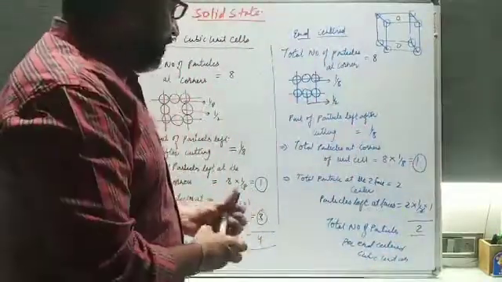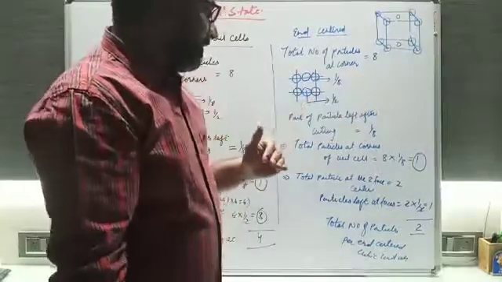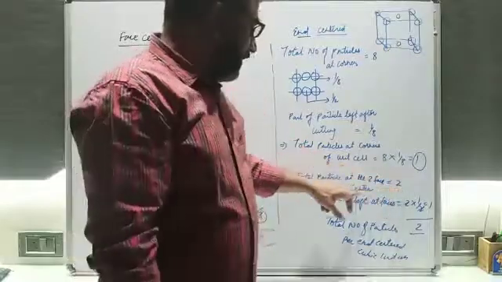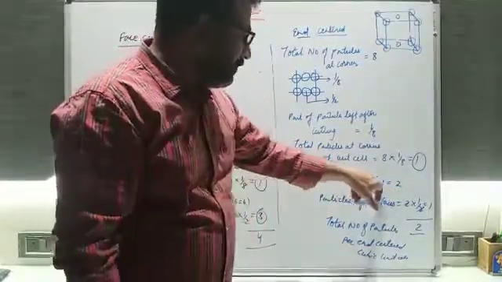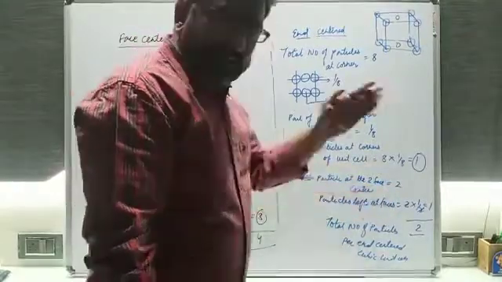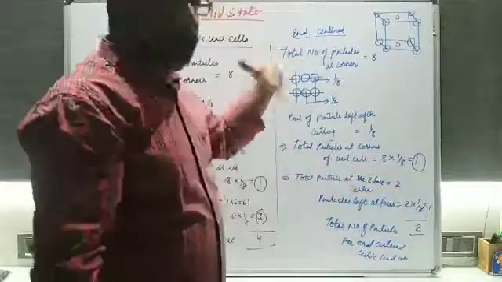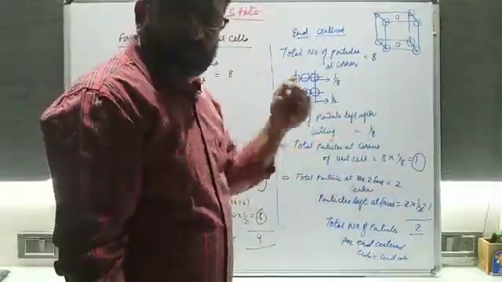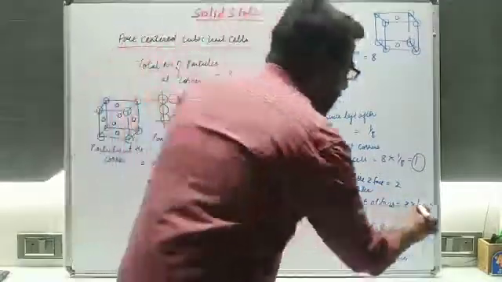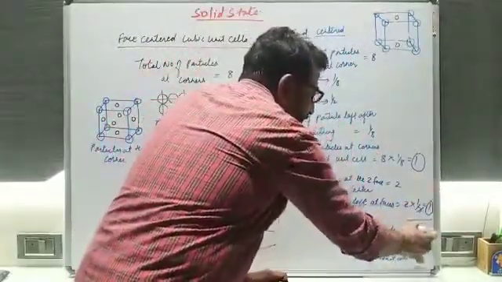Okay, beta. Now come to the next one. There are 2 faces and on each face 1 particle is present. So here total particles at the 2 face centers will be equal to 2. Understood? Now the particles left at the faces after cutting, how much will that be? 2 into 1/2, because half portion has gone, 1/2 is left behind. So that is 2 into 1/2, equal to 1. So 1 particle is left behind at the 2 faces. Now you combine these two, add 1 and 1, that will be equal to 2.